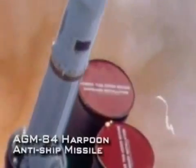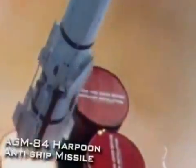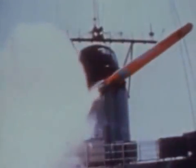Burke-class destroyers carry a variety of missiles. SM-2 Standard missiles for surface-to-air attack. Harpoon anti-ship missiles for over-the-horizon surface threats. VLA missiles for anti-submarine warfare. And Tomahawk subsonic cruise missiles for land attack. Should any